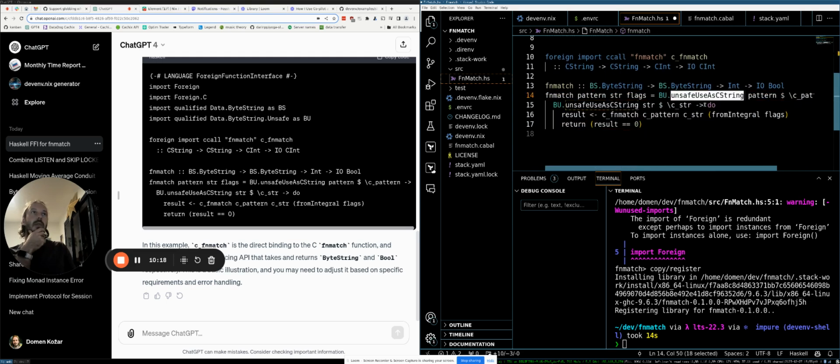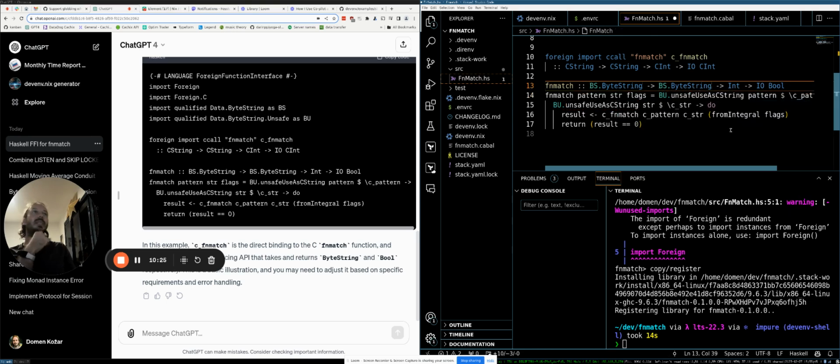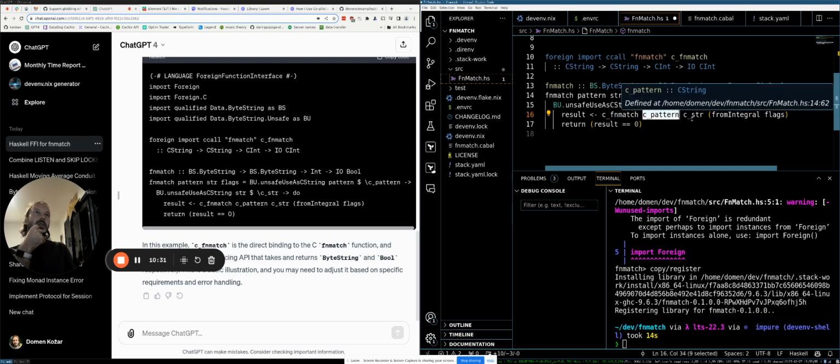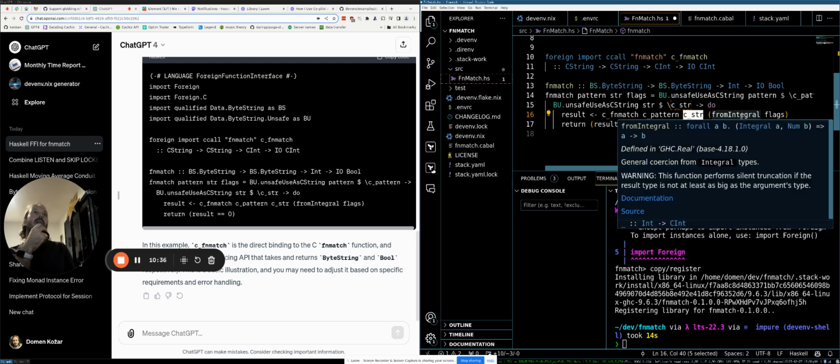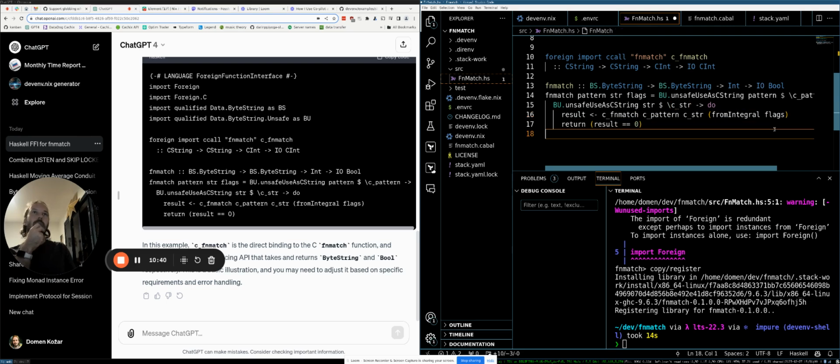So yeah, it's using the unsafe function to get us from byte string to C string, which just essentially goes through bytes and gives you them as is. The first argument is a byte string translated to C string, and the second one as well. And then here we pass in the flags, and we check that the result is 0